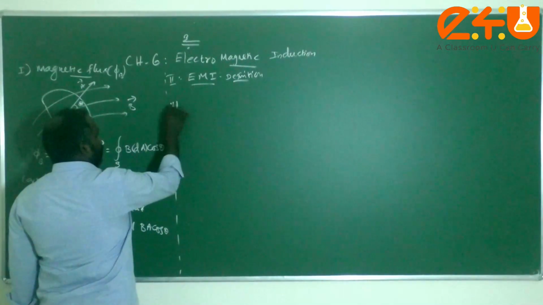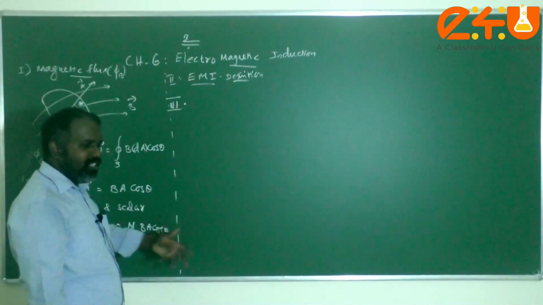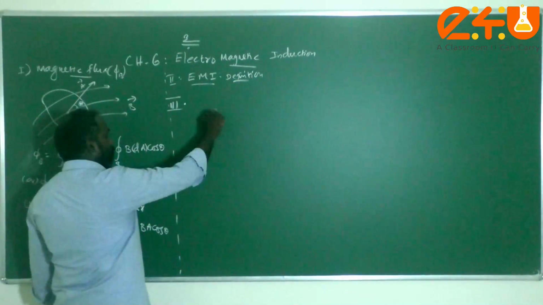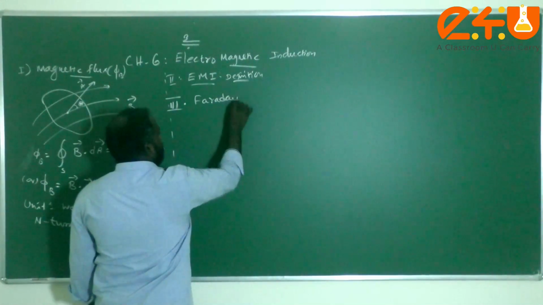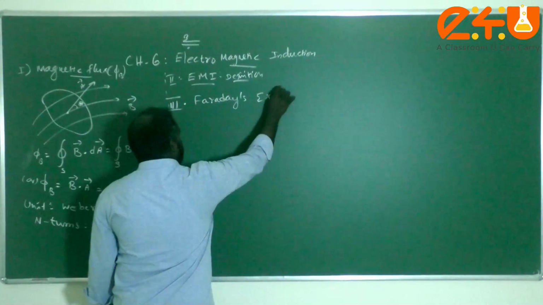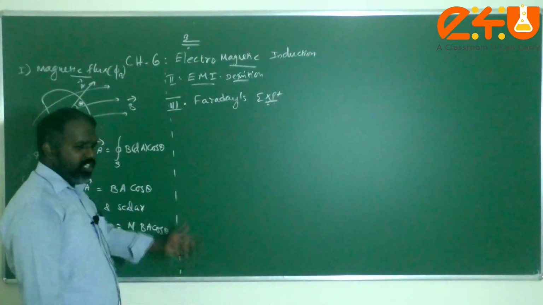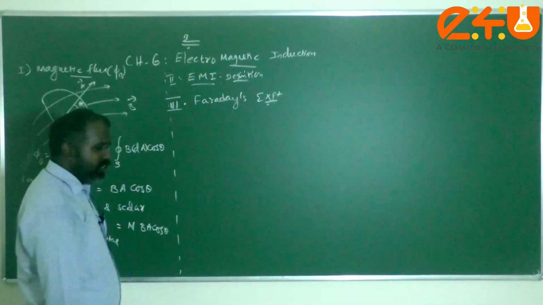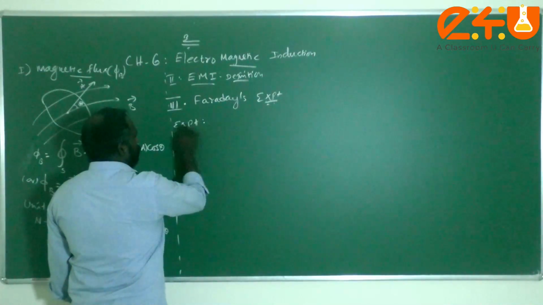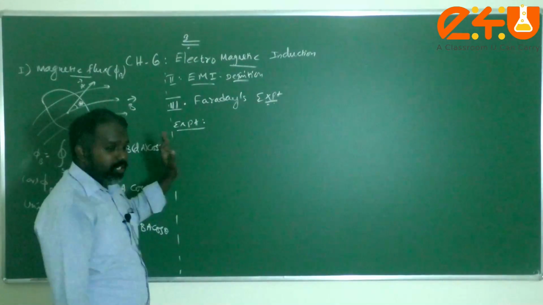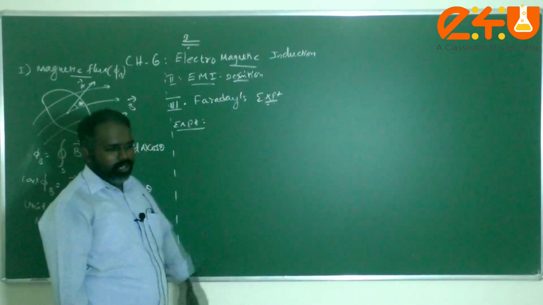The third thing we are going to discuss is on what basis Faraday stated his laws. Before going to Faraday's law, we look at Faraday's experiments. From the experimental observations, Faraday formulated some important laws. The first one, experiment 1. It is a very simple concept: there should be a change in magnetic flux. That is the condition we need.